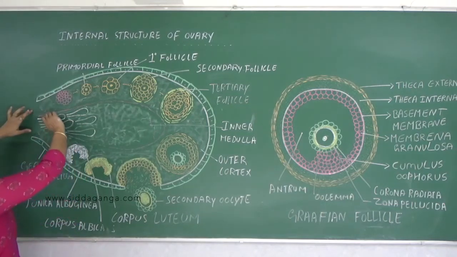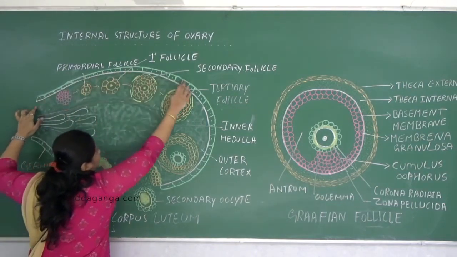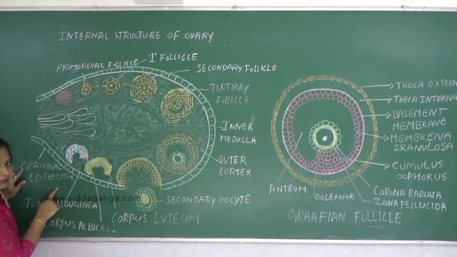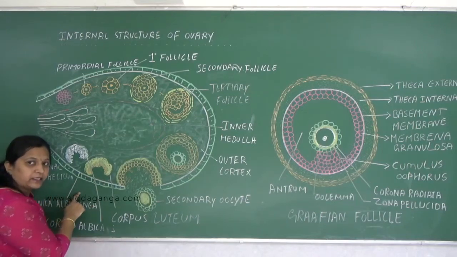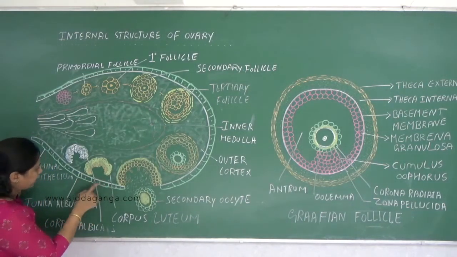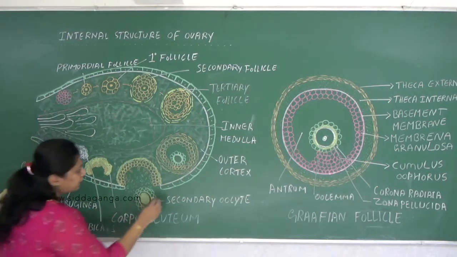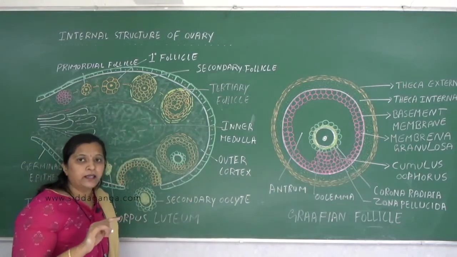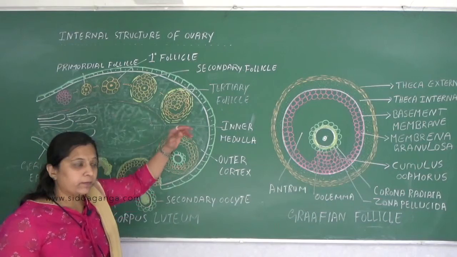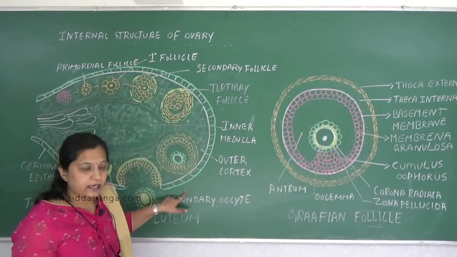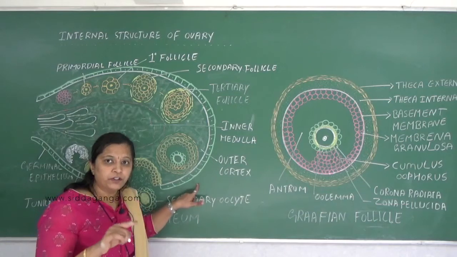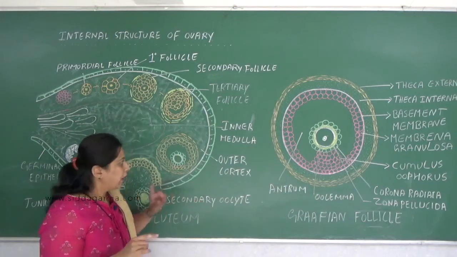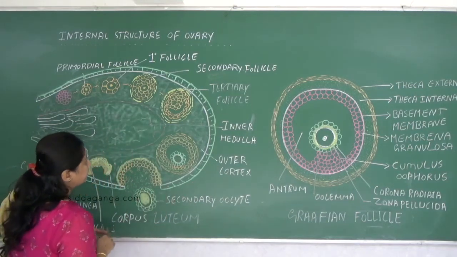The surface of each ovary is covered by a single layer of germinal epithelium. The cells of this epithelium are cuboidal in shape. So each ovary is covered by a single layer of germinal epithelium, and this epithelium is made up of cuboidal cells. And below the germinal epithelium there is the presence of